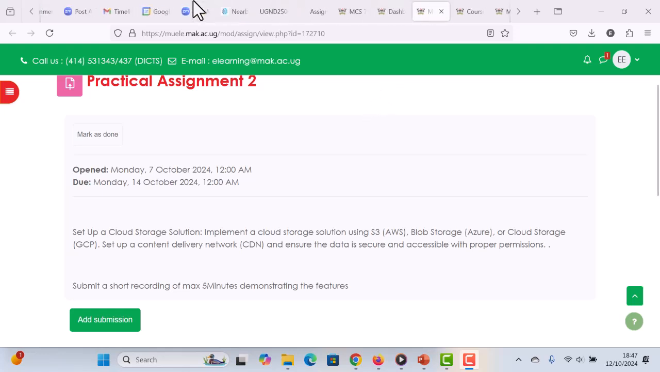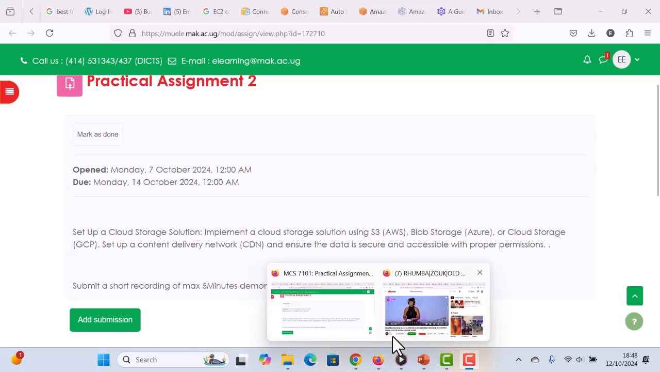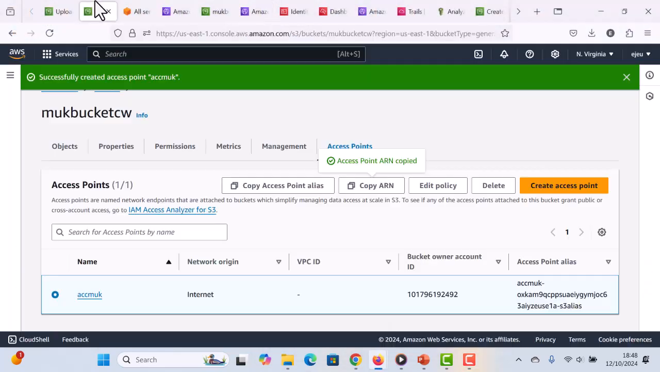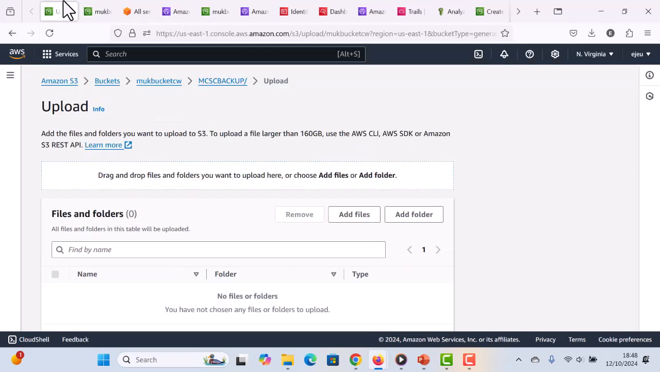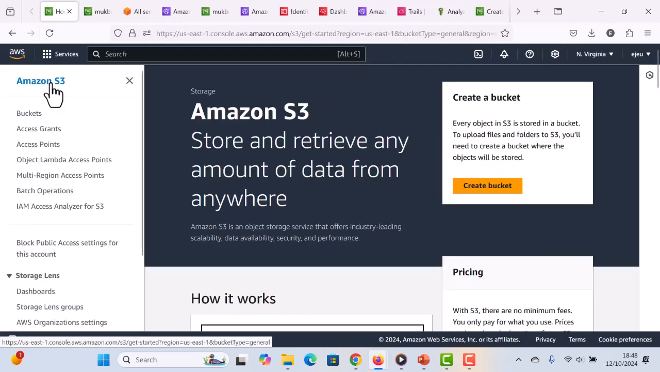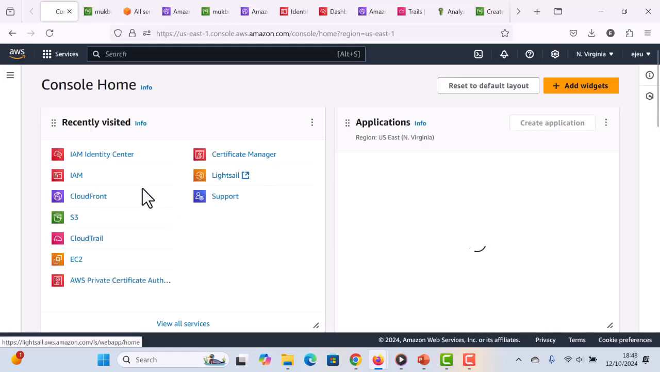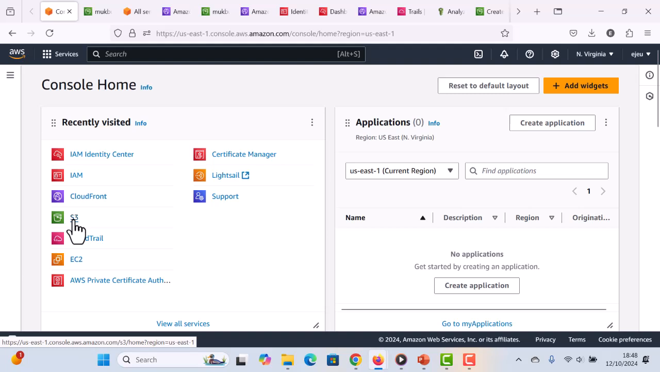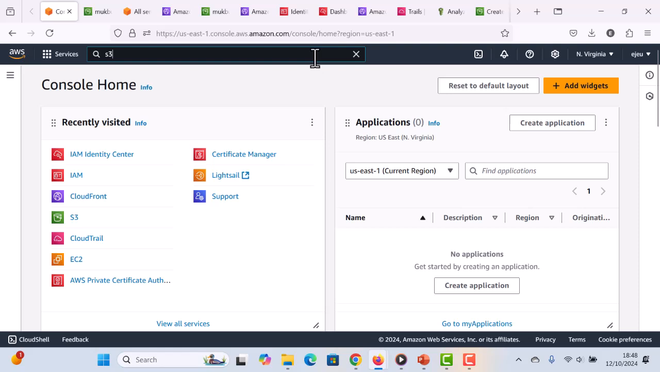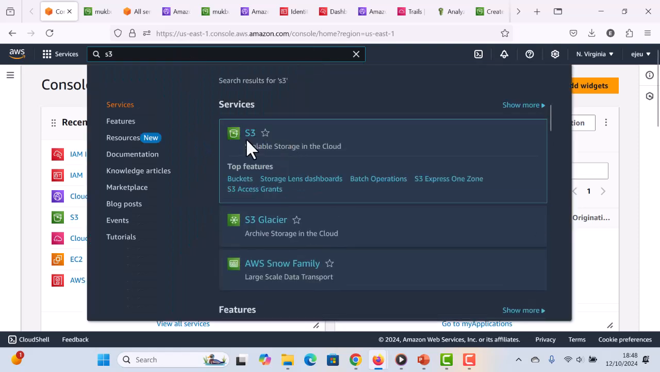So in order to do this, I'm going to log into my Amazon web server. I'm already logged into it, so I'll just go step by step so that I do not miss out on anything. So I used S3. Once I go to S3, if I search for S3,